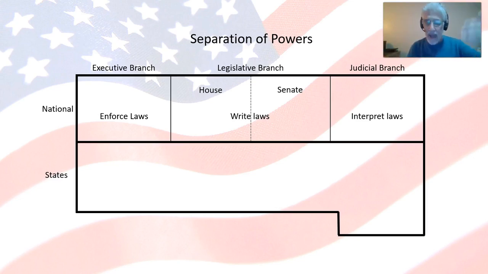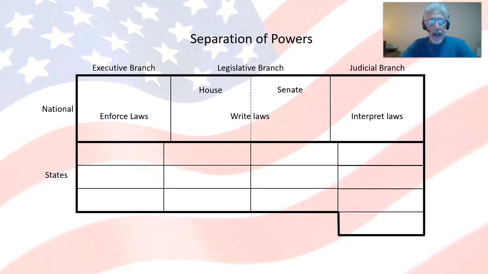And as you'll find out, the House is allowed to do certain things, the Senate is allowed to do certain things, the President is allowed to do certain things, and the courts, the judicial branch, are allowed to do certain things. Now, at the same time, that horizontal box where the states are, the reason it has an irregular shape is that it's intended to depict 13 states, the number of states that were present at the beginning